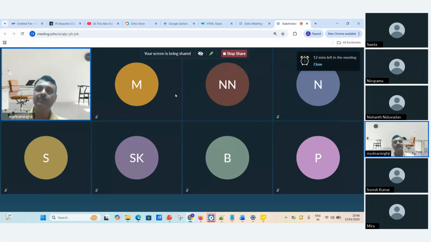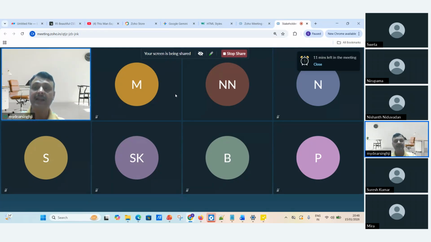Now why do we use the analogous estimation less? Because today the technology has changed, the resources have changed, the timelines have changed. So many things will have changed, and we are taking historical data. It can vary from today's world. So that's the reason we don't rely much on the analogous estimation.